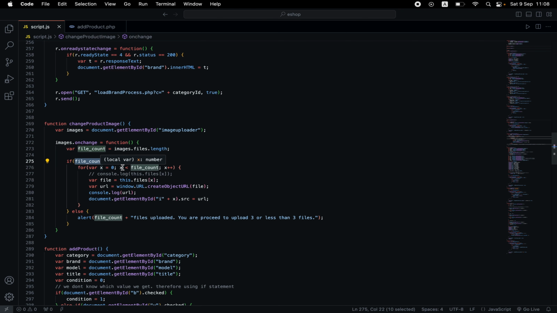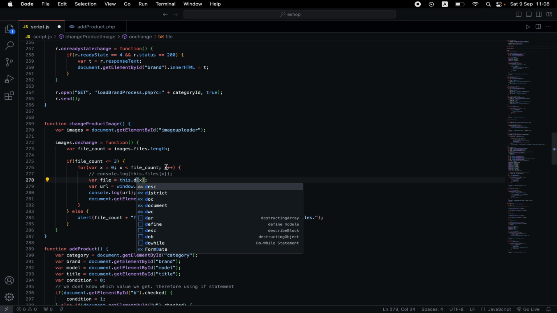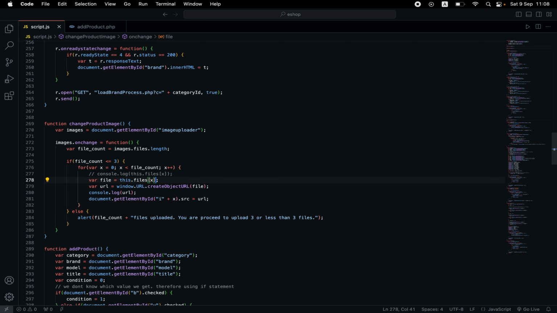So we go inside this if statement, and in here I have created a for loop. The reason I created the for loop is because I want to access each file. So to get each file I use this dot files, which means this same thing. This dot files, like I said, is an array. To access each element or each file in an array, we can open these brackets and give x here. Using this I can access each file in an array